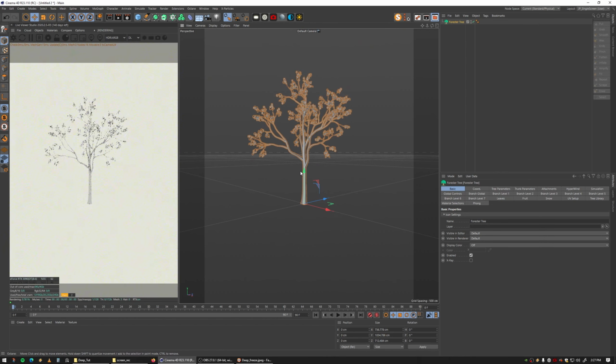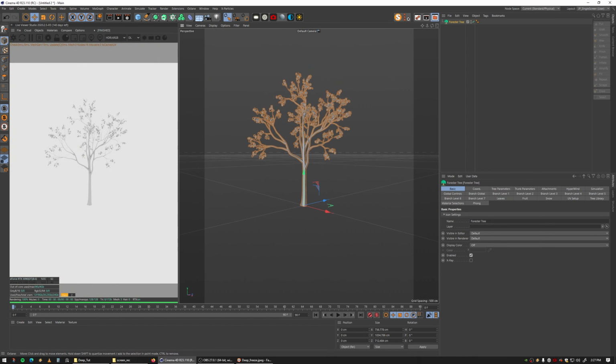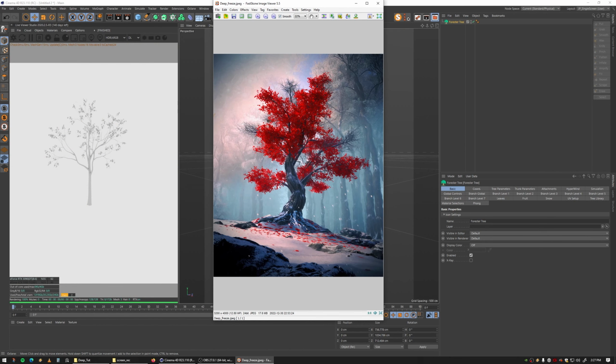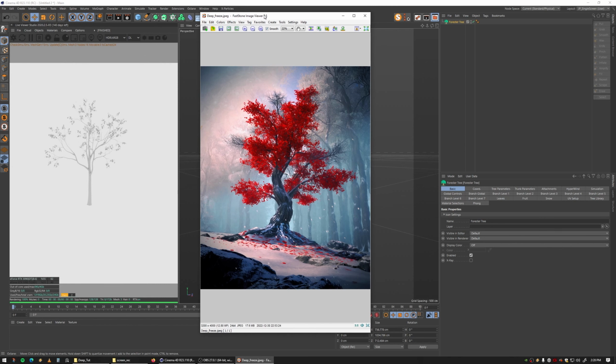So we're going to start off with a tree because there's going to be just a few aspects to this. It's mainly just this tree is the hero of this scene, and so we'll work a bit on the tree and then we'll jump into doing the surrounding. But we're going to start with this tree,